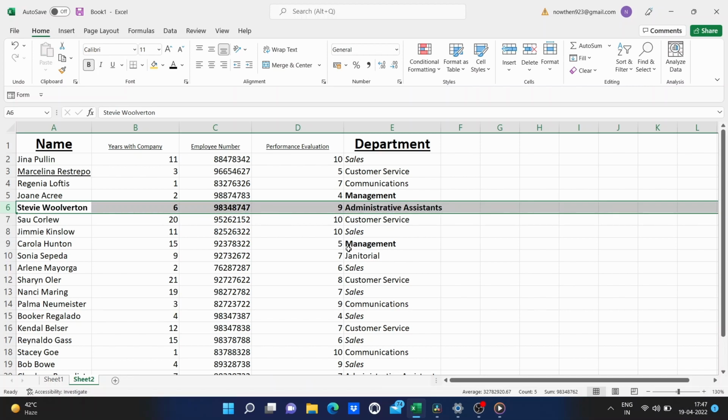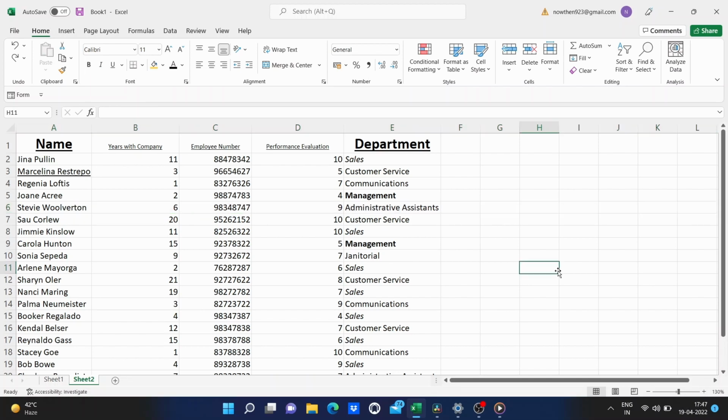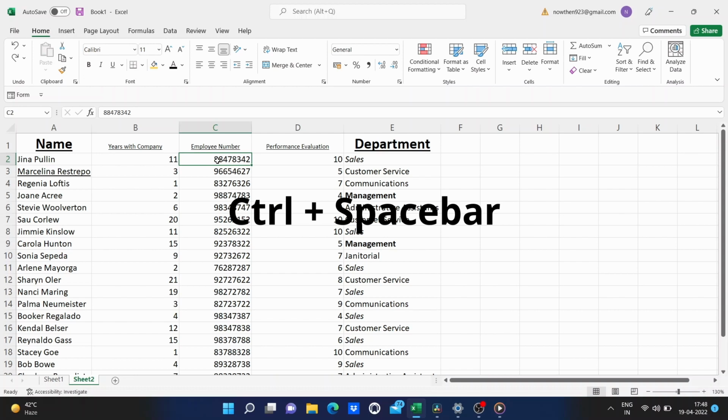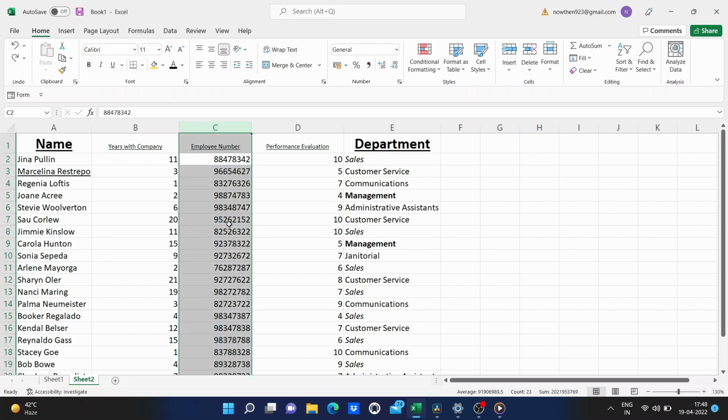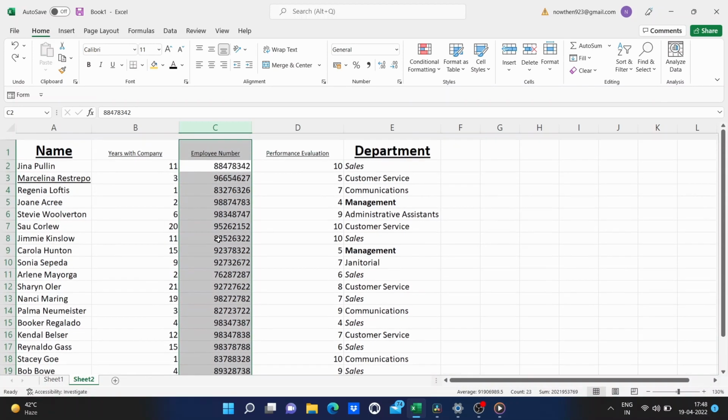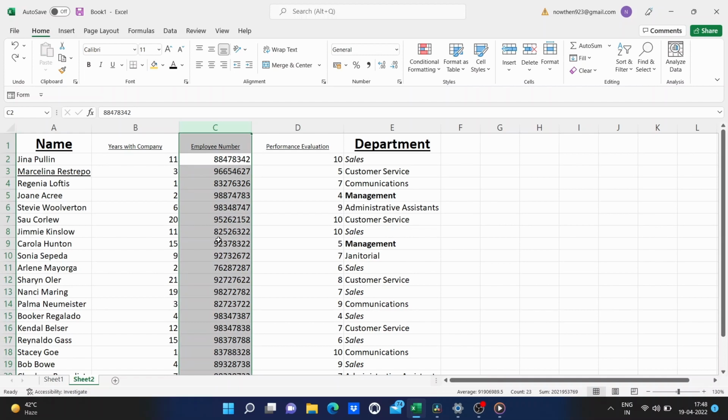I'll undo those changes. What about selecting an entire column? You would click inside the column that you want to affect, and this time, instead of Shift Space, it's Control Spacebar. That selects the entire column, and then I can affect that column however I want to.